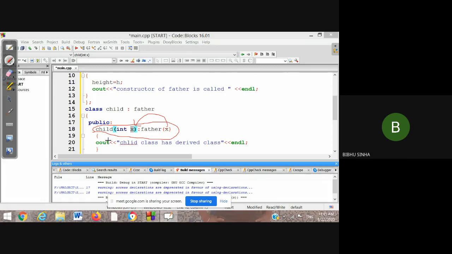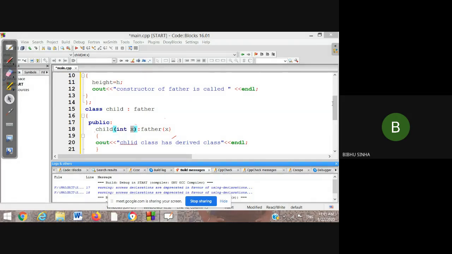This one or that, and you have to print the message that the child class has derived. This is the message for this one. Now this concept is over. I hope all of you are getting it, and your mind is going to clarify. If something is happening anywhere in this, we will discuss it later. Okay, so now we are coming to the next part.